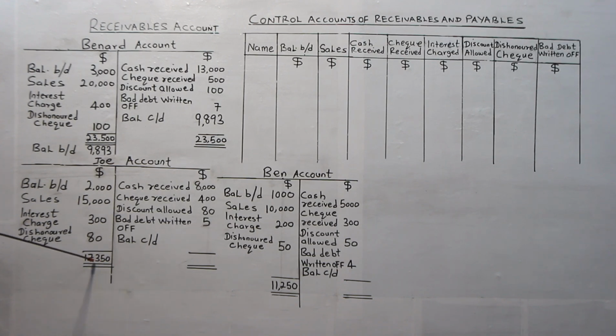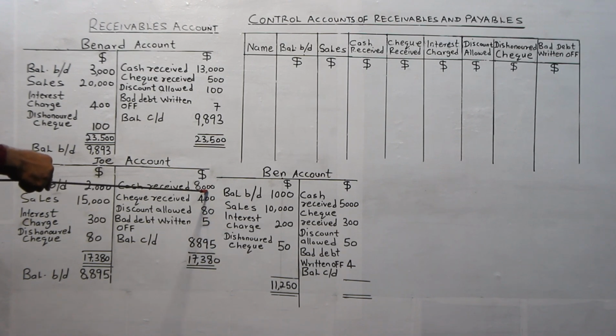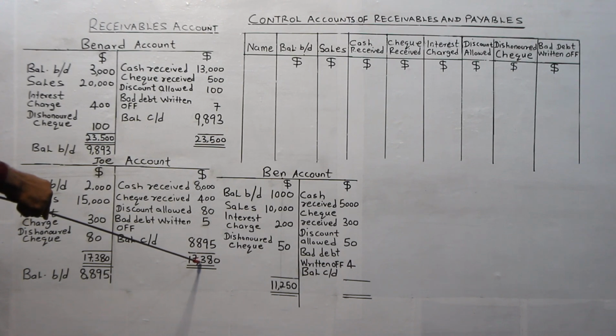So if you have 17,350 minus 8,000 minus 400 minus 80 minus 5, it is going to give us a balance carried down of 8,895. If you add 8,895 plus 5 plus 80 plus 400 plus 8,000, it gives us 17,380, which is now closed in the same line with this